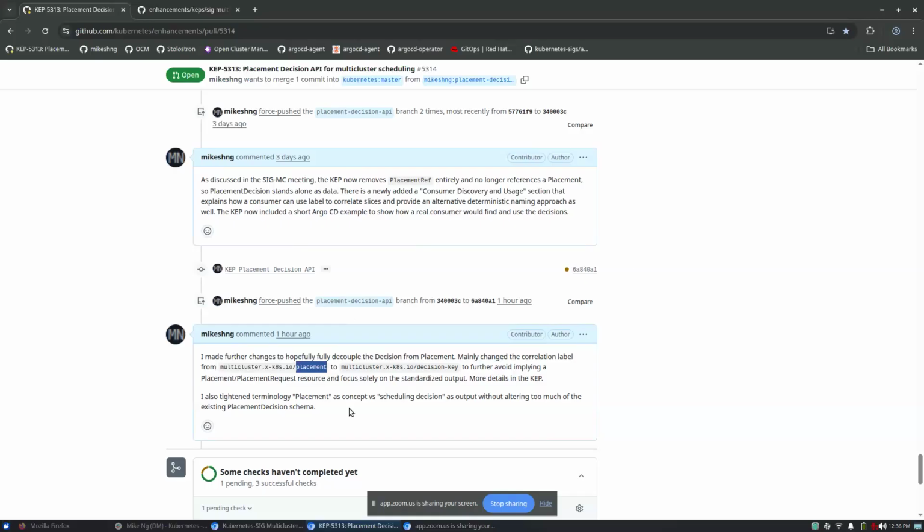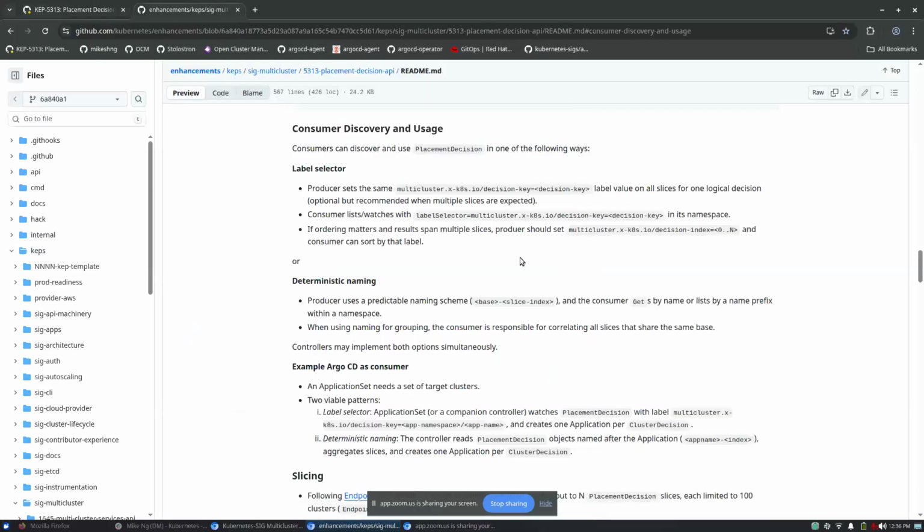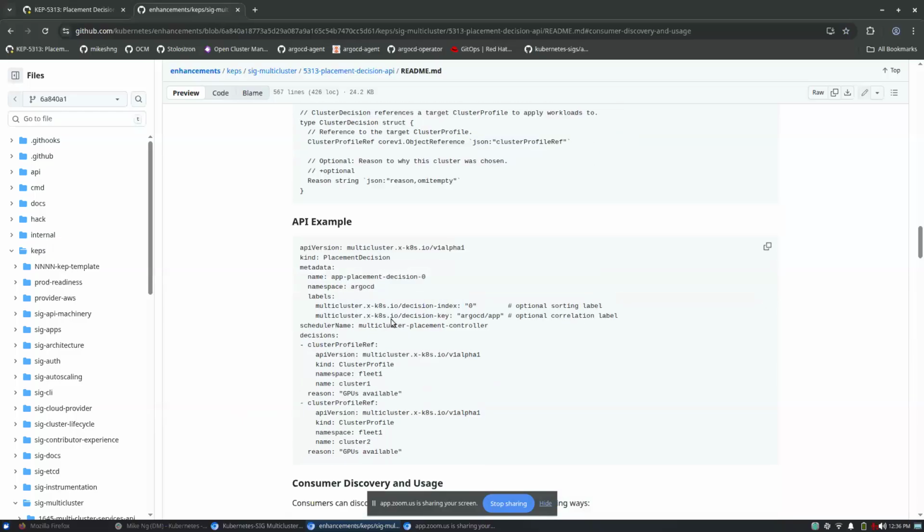So I made a last minute change, and feel free to provide more feedback on it. I changed the label from a placement to a decision key, which is the same as the current decision index, so it follows a similar pattern.